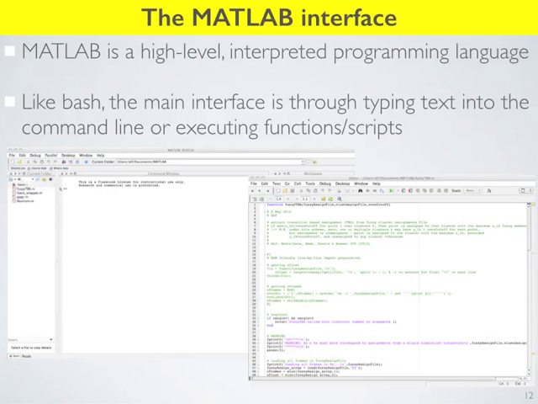So you write a MATLAB program, and then you execute the program from here, and all the commands inside the program execute sequentially. In that respect, it's quite similar to Bash. Scripts end in .m. Sometimes they call a MATLAB script a MATLAB function. There's a subtle difference between the two we're not really going to worry about. They all end in .m, and that's just the file suffix for MATLAB scripts.